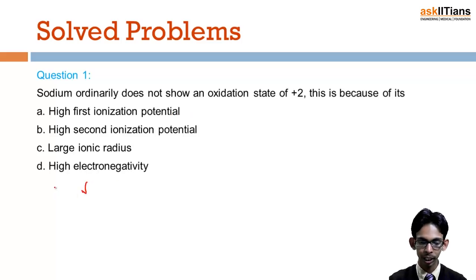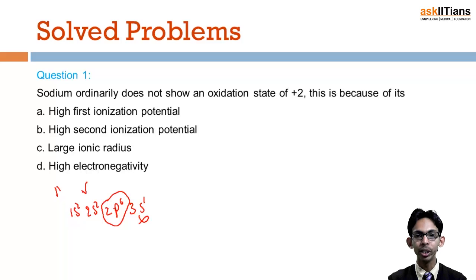and so is sodium. Sodium has 11 electrons, so the electronic configuration is 1s2, 2s2, 2p6, 3s1. After removal of one electron, if you want to remove another electron, that electron must be removed from this fully filled, highly stable 2p6 orbital, which requires a large amount of energy. It is so large that it does not form a +2 ion, and the second electron is not removed ordinarily. So the reason is sodium generally does not show the oxidation state of +2 because of its high second